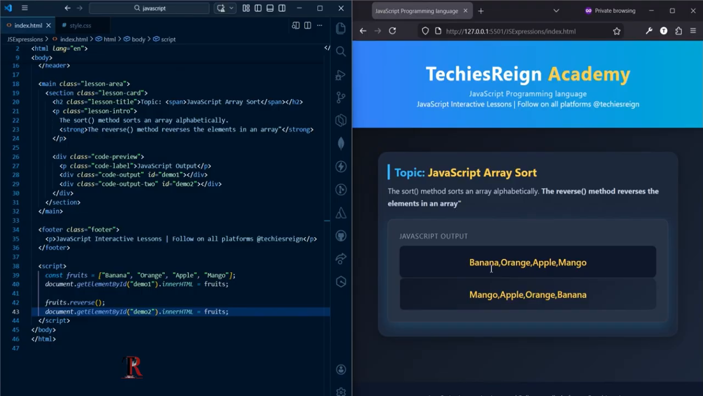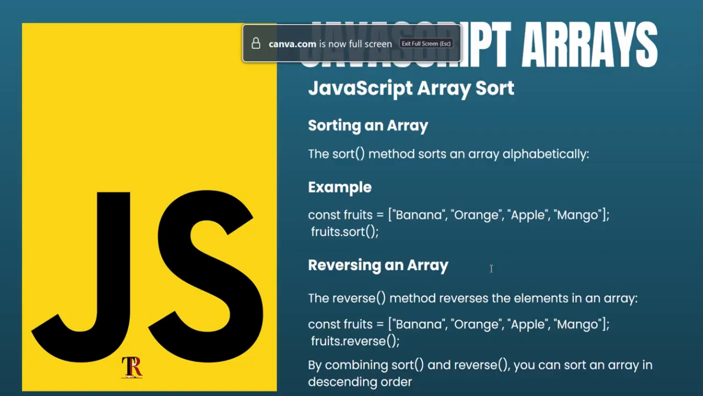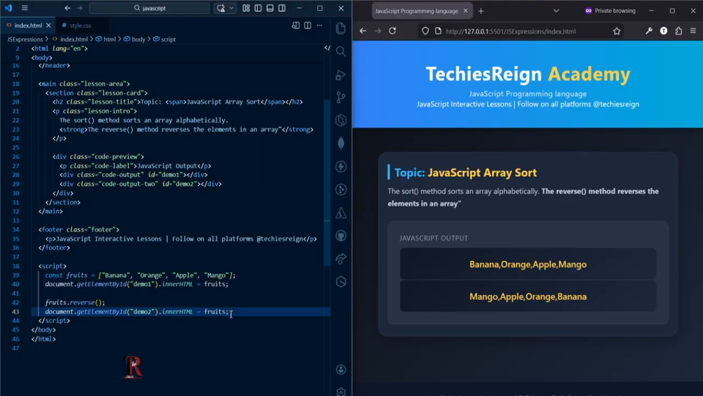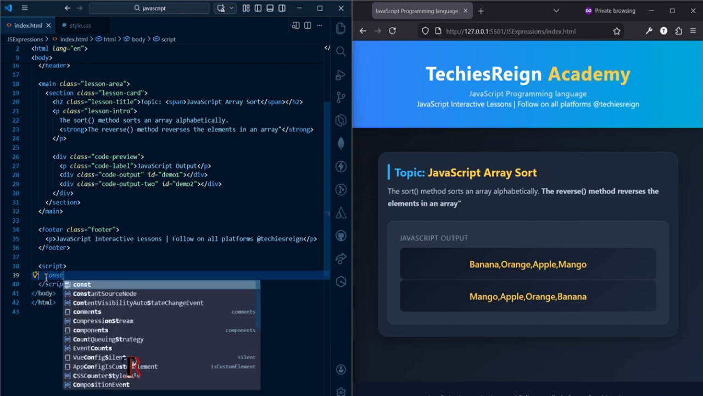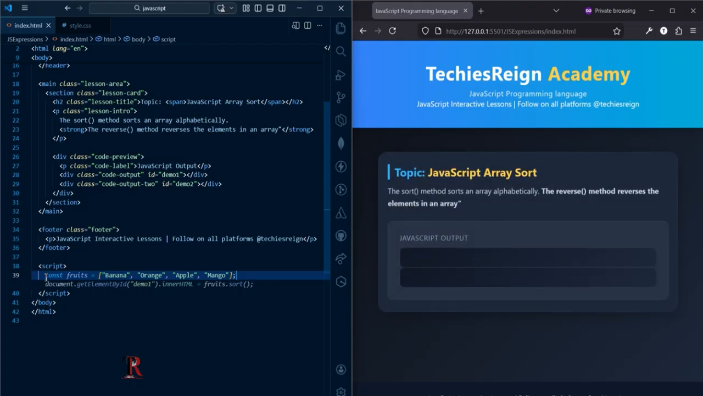And last but not the least, I want to show an example which says that by combining sort and reverse, you can sort an array in descending order. So let's take a look at an example for that as well. As usual, I will use fruit as an example here also. So I want to get this out,